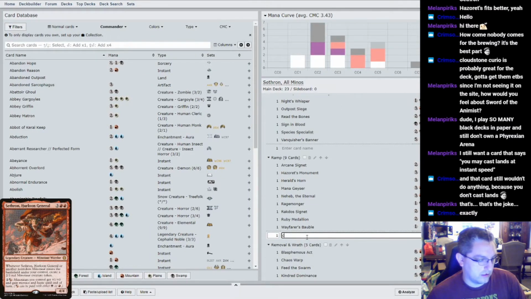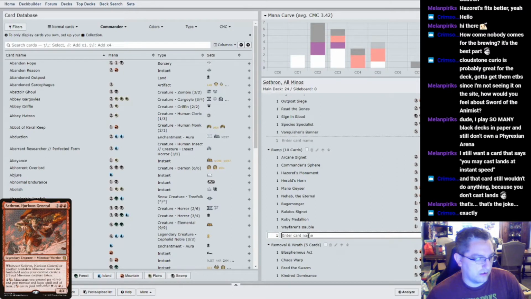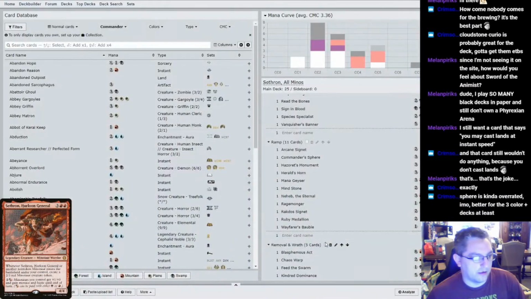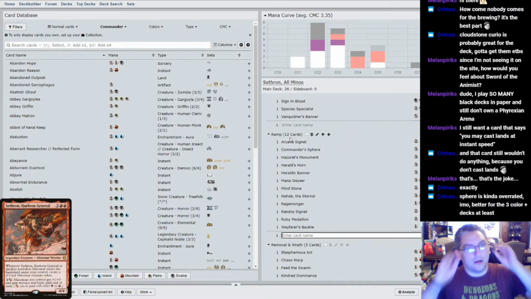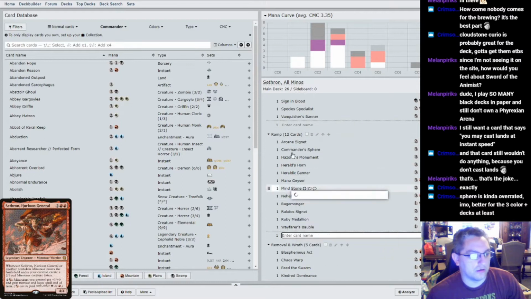Rakdos Signet, Commander Sphere, Mind Stone, okay, and we can do a Heraldic Banner. So we're up to 12 ramp. The goal is to hit at least 10. Some of these are